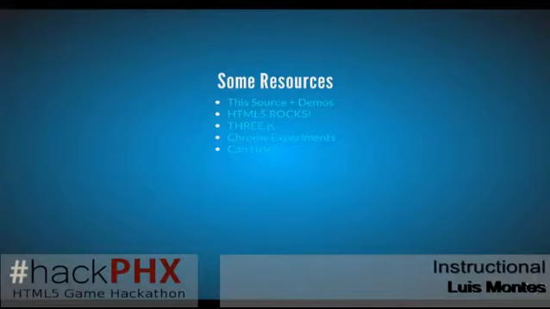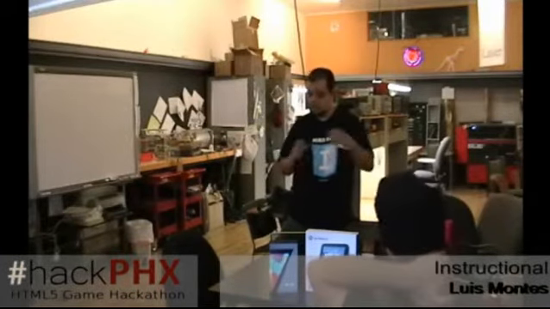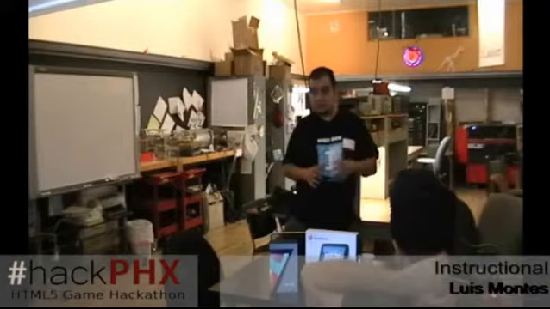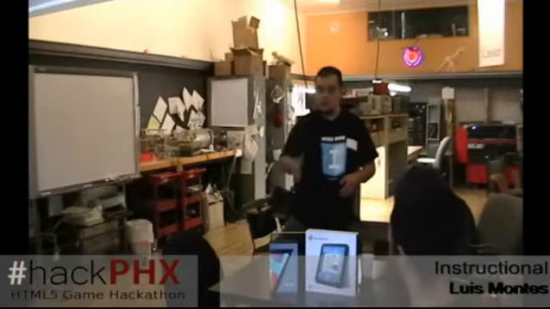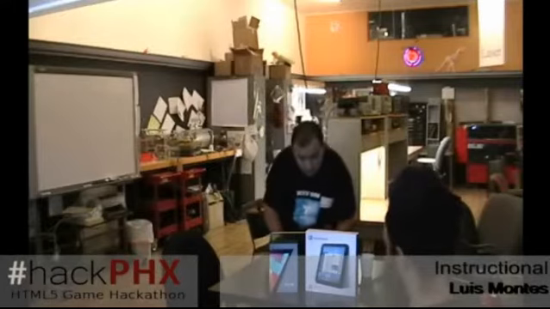Before I finish, I would like to go through at least one game engine, just real quickly, with a couple of demos. After you form teams, you'll have a better feel for whether you're going to just grab a game engine and go with it, or write a lot of things from scratch, using Canvas APIs and things like that, however you want to do it. But I want to take you through some real simple ways to use a game engine.